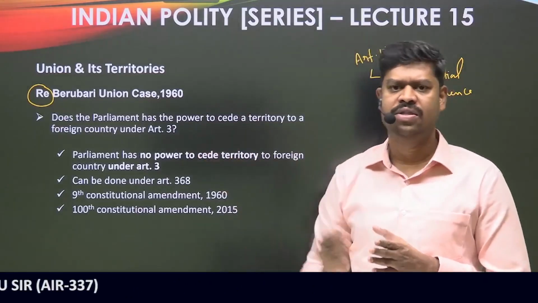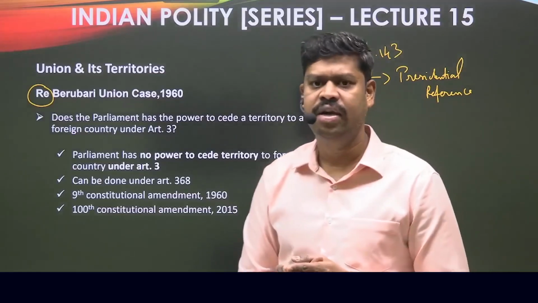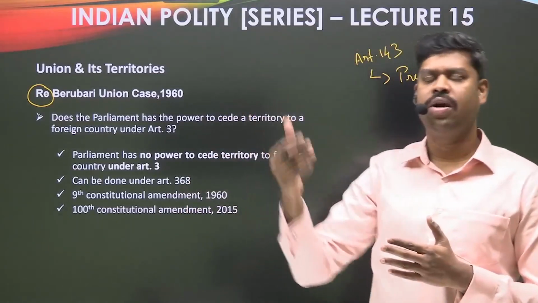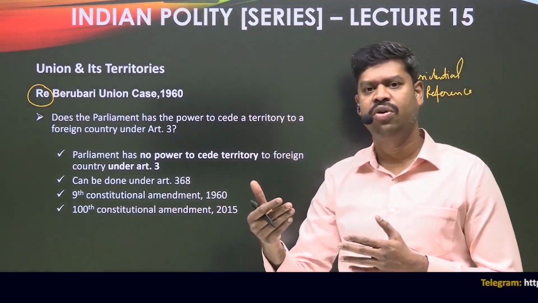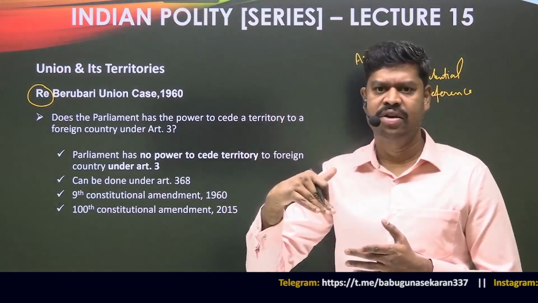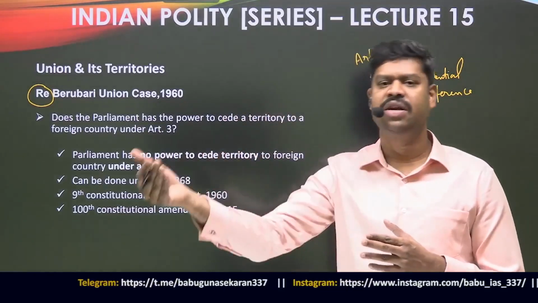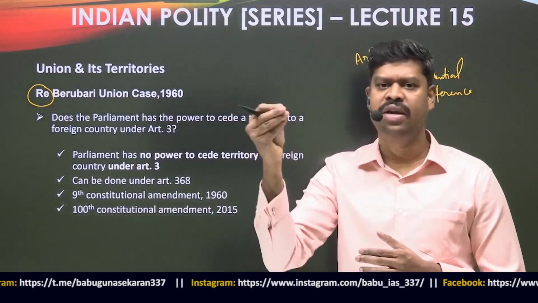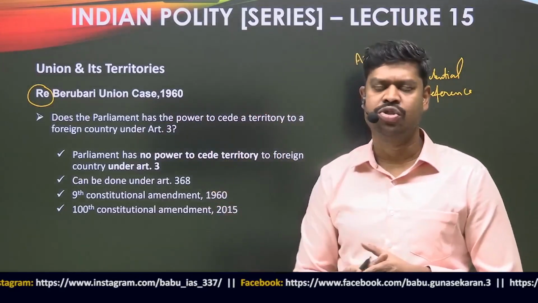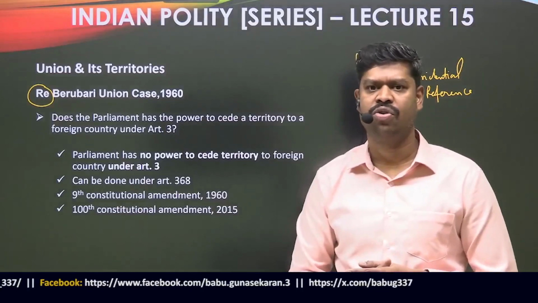So India thought that it will cede the territory to Pakistan, but how to cede it? The Indian government thought that they can cede a territory to Pakistan under Article 3 of the Constitution. Because Article 3 says that they can increase the area of a state, they can decrease the area of a state. So all these things can be done under Article 3. If they give a certain territory to Pakistan, that will decrease the area of West Bengal, or whatever is the Indian territory, it will get reduced. So they can give it to Pakistan under Article 3 of the Constitution,